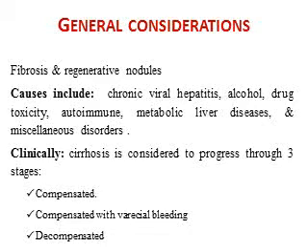Clinically, cirrhosis is considered to progress through 3 stages. First, compensated cirrhosis: the patient has cirrhosis but no manifestations of liver cell failure, and this could be discovered accidentally on doing abdominopelvic ultrasound. Second, compensated cirrhosis with variceal bleeding: the patient has no manifestations of liver cell failure but only has variceal bleeding, upper or lower GIT bleeding, due to the presence of varices, whether esophageal varices or gastric varices.